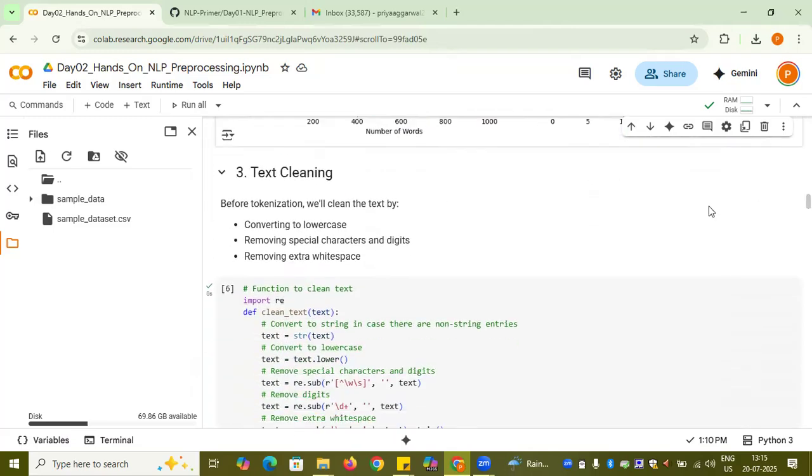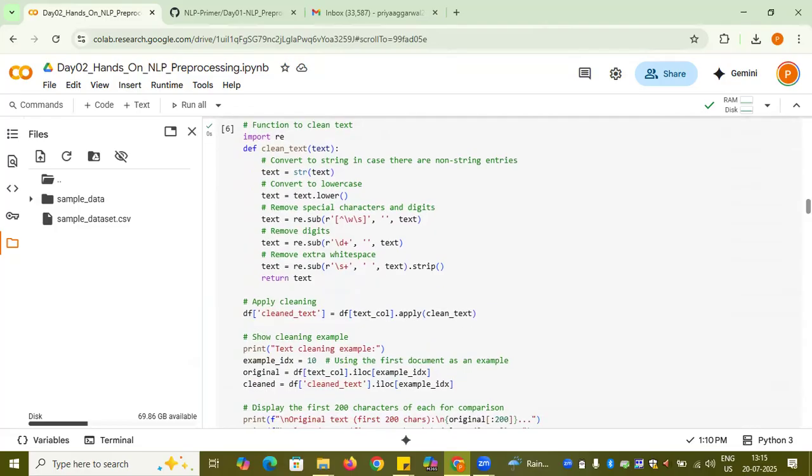Now, let's start with the text cleaning, which is the NLP pre-processing that we'll have to apply here. Whatever my text column is, I want to apply clean text over here. Now, what is clean text? Clean text is one of the functions that I created. First of all, it is converting into string, then lowering it, and then removing any special characters other than digits and words. If it is not a word and not a space, then I am going to substitute it with nothing.